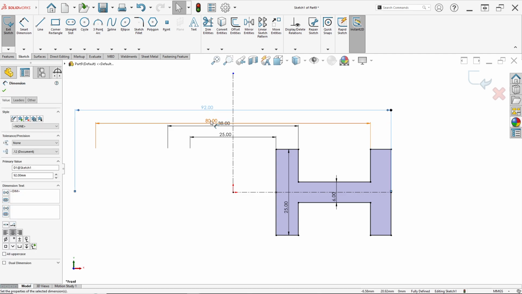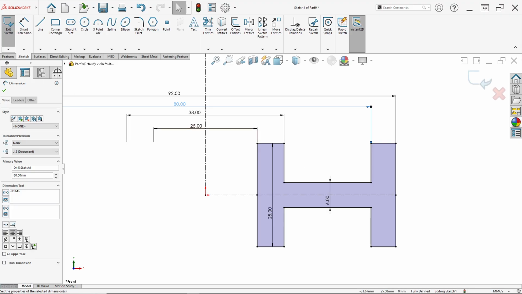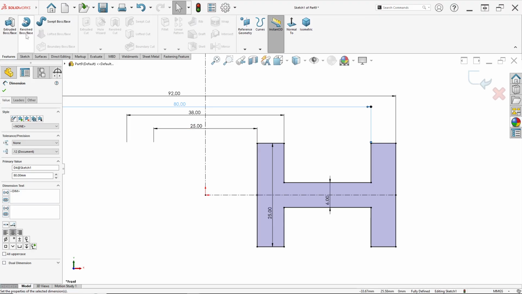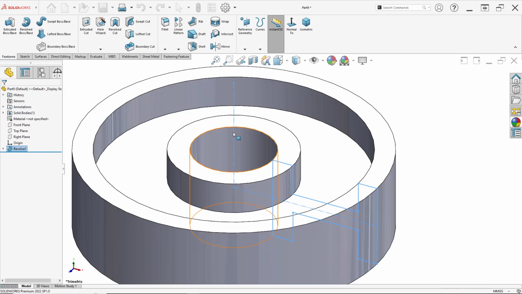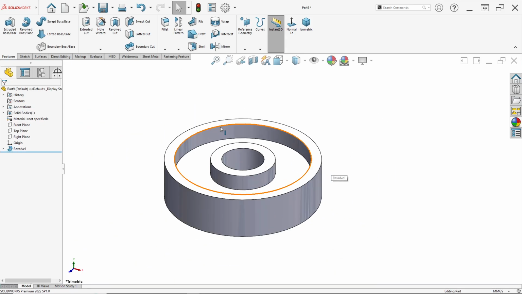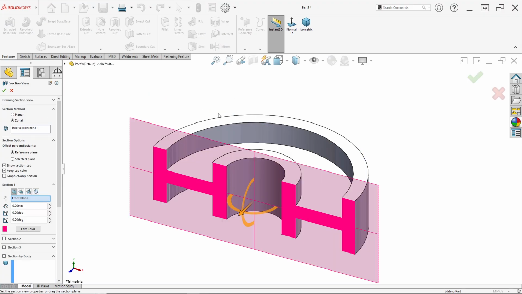Okay, after we set all dimensions like this, just click Feature and click Revolve Boss or Base. For axis of revolution, just click this center line. Click OK and done. It's easy. We can see from section view, journal in section 2